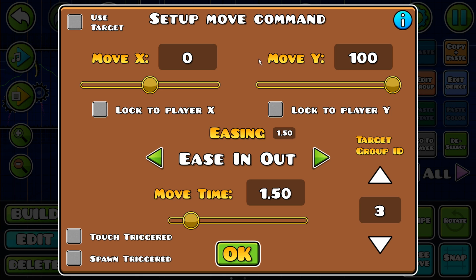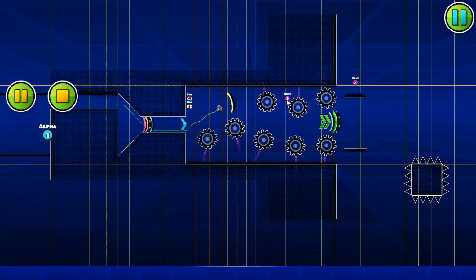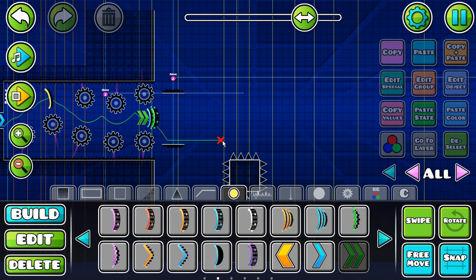For now, all I want to do is make it move less, right? Because it's moving too much. So maybe halfway. What if I put it halfway? Yeah, see? And that's it. That's all I need. I'm done. I am now done with this entire thing, because what I can do now, I know I'm gonna die here,